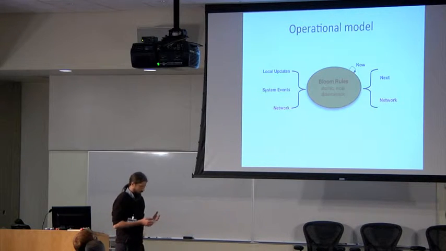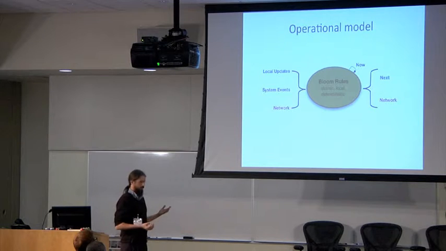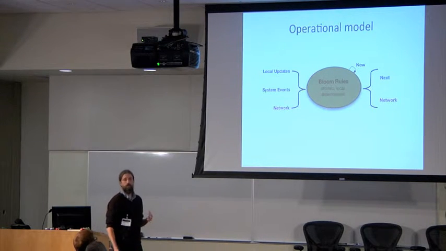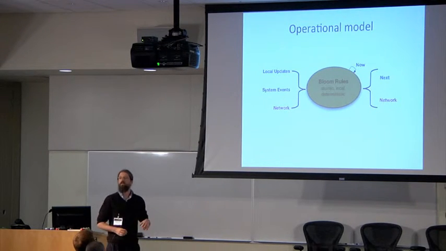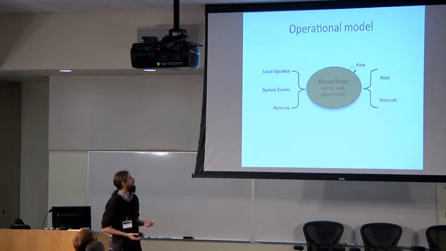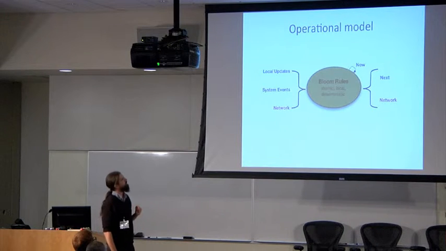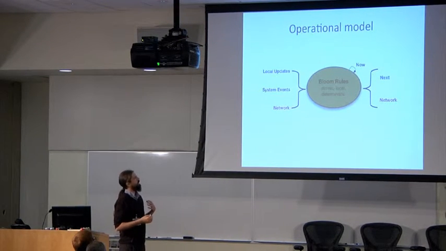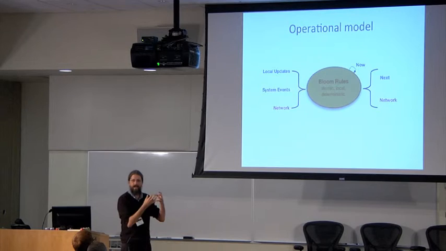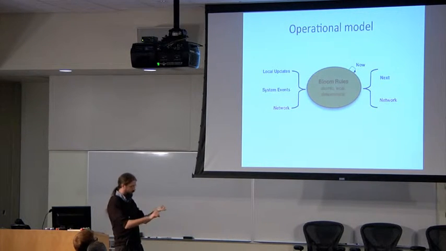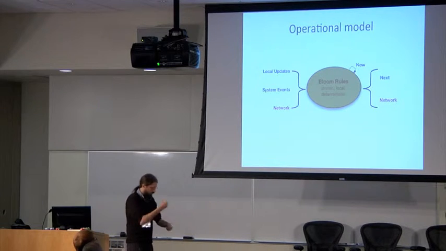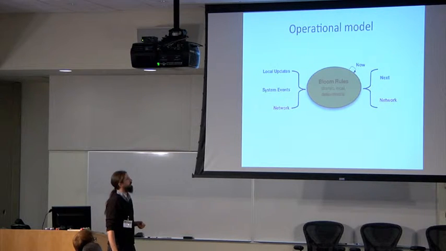Over time, a Bloom node, a single agent that's executing this global program, accumulates updates from the external world. These updates may be in the form of messages that other nodes have sent it. They may be in the form of timers firing, local clocks firing, or deferred updates from itself from a previous time step. At some point, we freeze time, take this batch of updates that have accumulated over time, take the union of them in our local database, our local state, and we fire all of our rules until no more rules can fire. We do a fixed point computation, if you're familiar with logic programming.